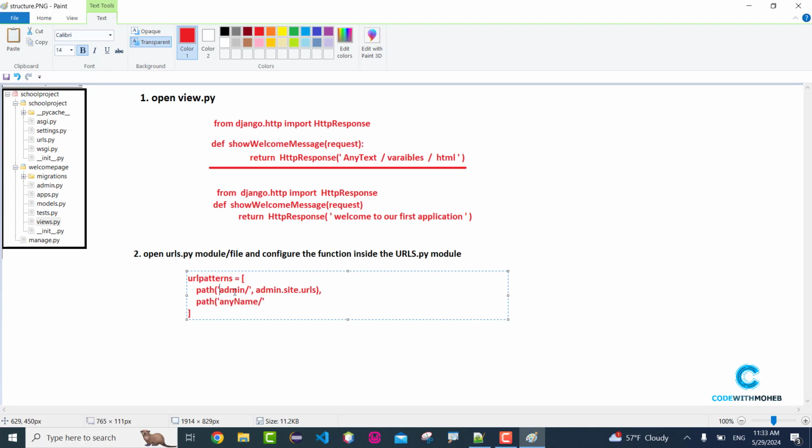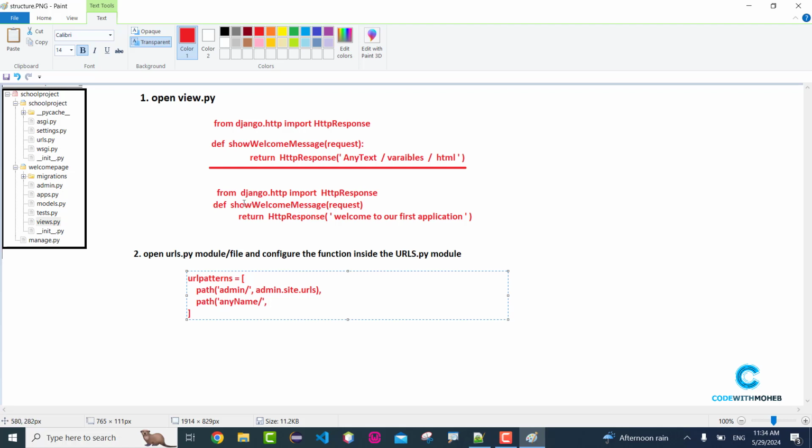As you can see, admin is written here, so it will open the admin panel. You can write any name. Later, by using this name, we can send a request to our function or to our view, or what we call a function-based view. And the second parameter